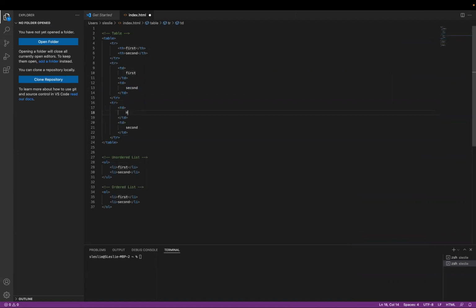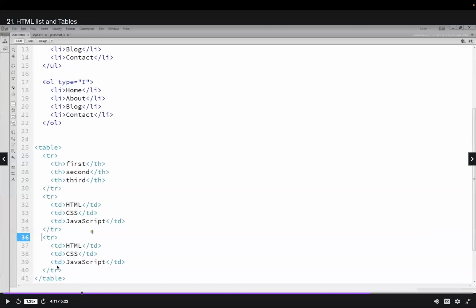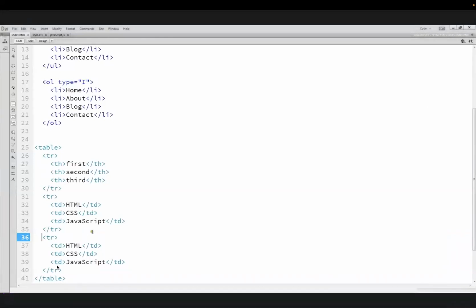This time I'm gonna put HTML, I'm gonna put JavaScript. All right, let's continue on and make sure we are trying to code and copy what they're writing as we